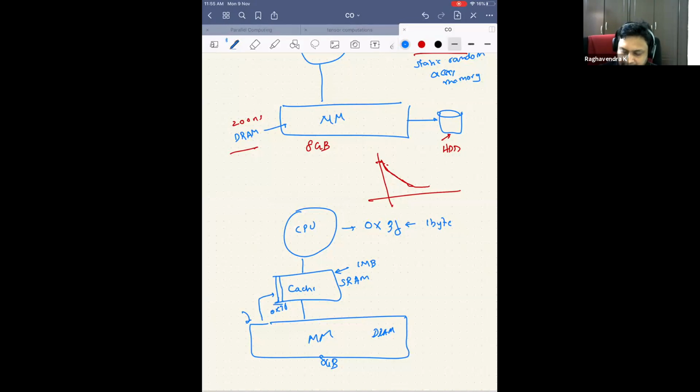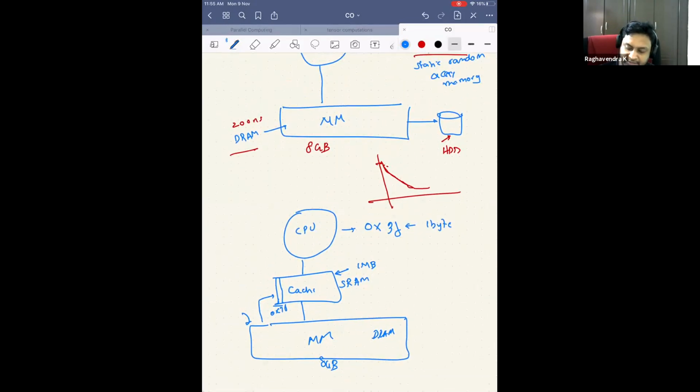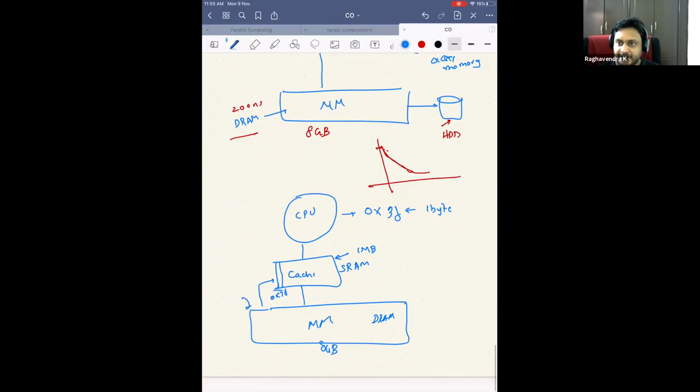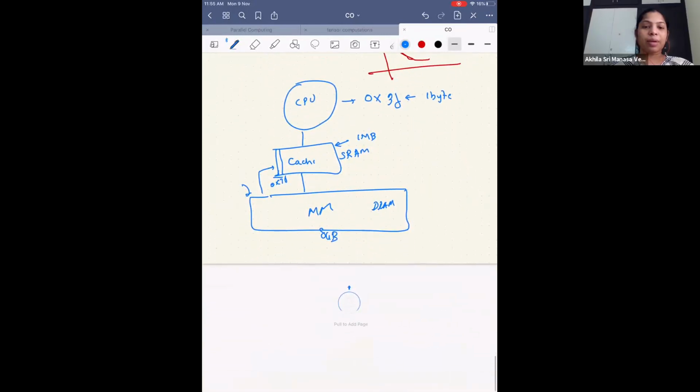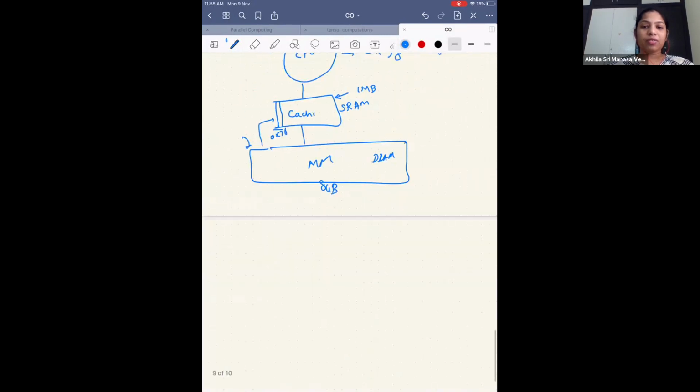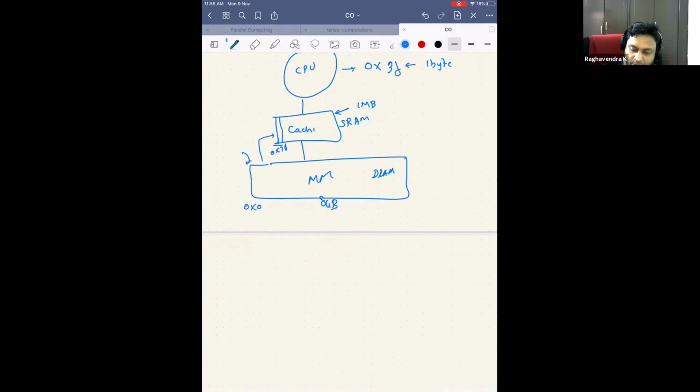One way is like, the same question you could ask me: how do I know which address I am accessing in the main memory? The main memory is 0x0 to something, for the 8 GB. So when I generate an address, the address decoder will decode that address and go to that circuit and read that. Similarly, suppose I have 256 bytes of cache.